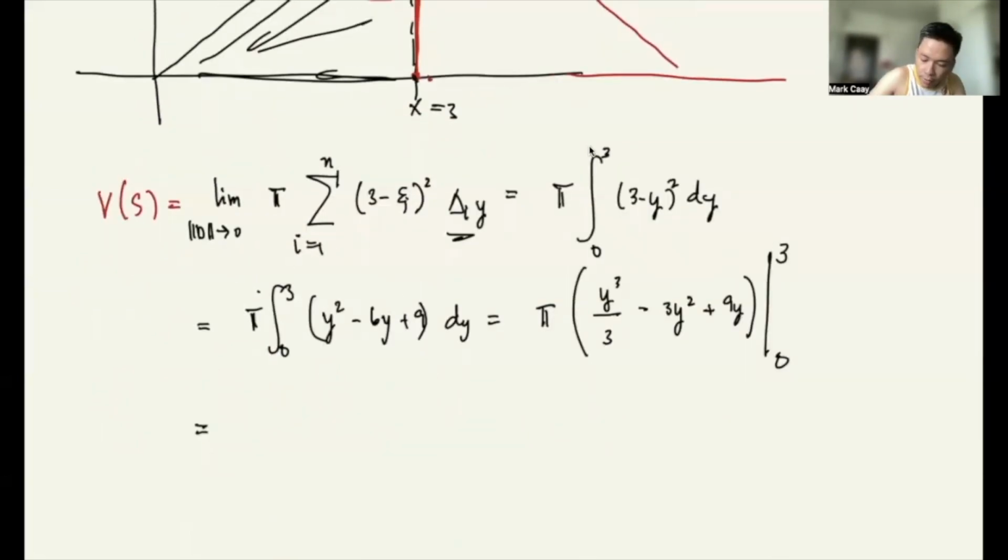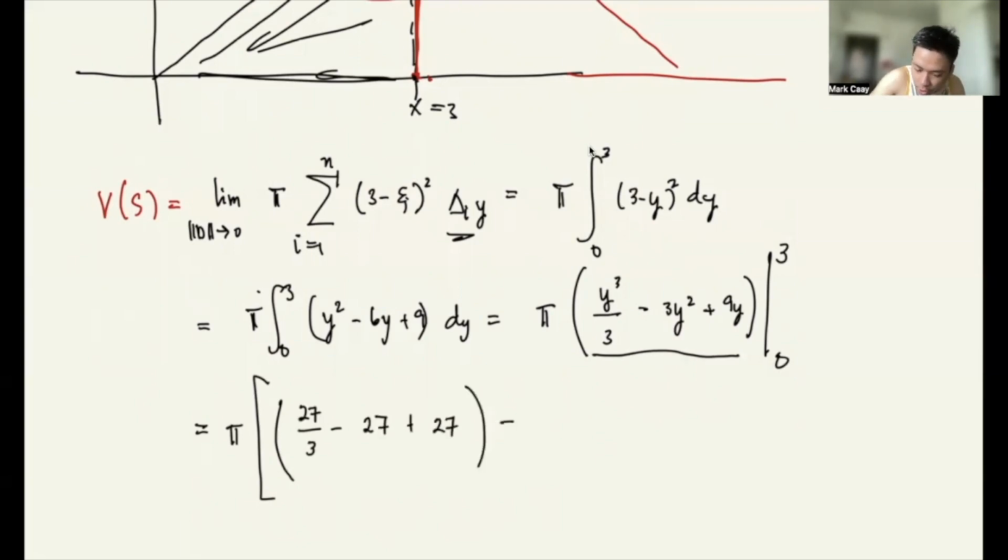Okay, so evaluated from 0 to 3. So, solve ko muna, substitute ko muna yung 3 dyan. I have 27 over 3 minus 27. Tama ba? Plus 27, minus, substitute ko lahat ang 0 dyan, magiging 0. So, the answer is, kasi 0 to, eto magiging 0, is 27 over 3, that's 9. So, 9 pi